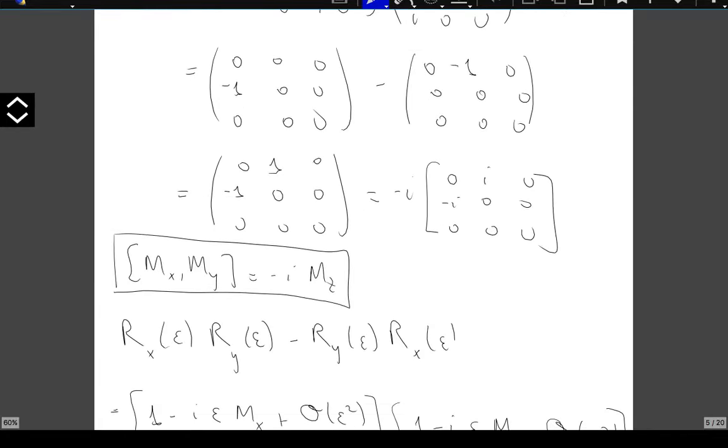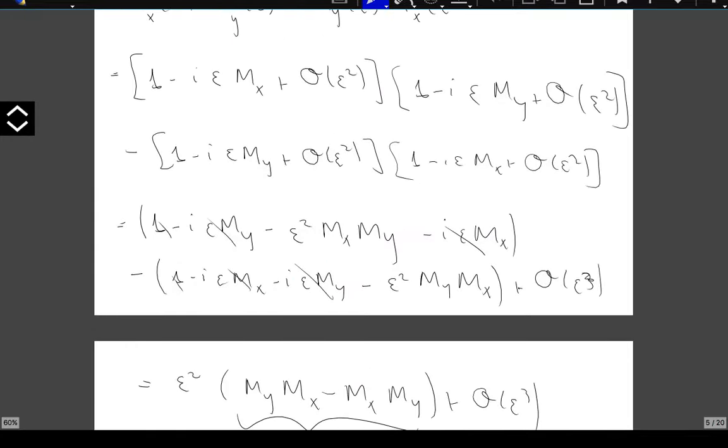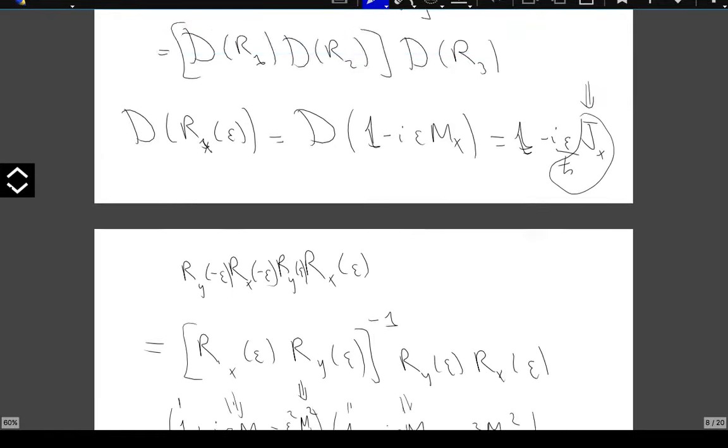And basically, at the end of the day, we had derived the commutation relations of the generators of rotations between the two coordinates. So this is, of course, just what happens to ordinary vectors. Now, the problem is when we go to the Hilbert space,